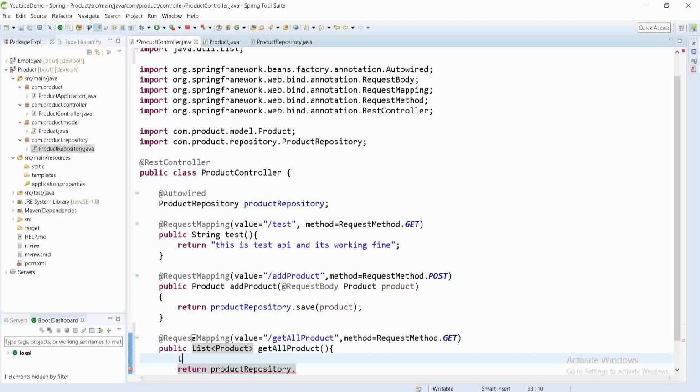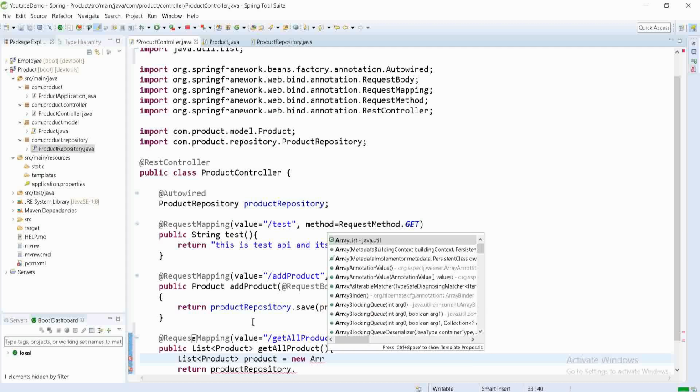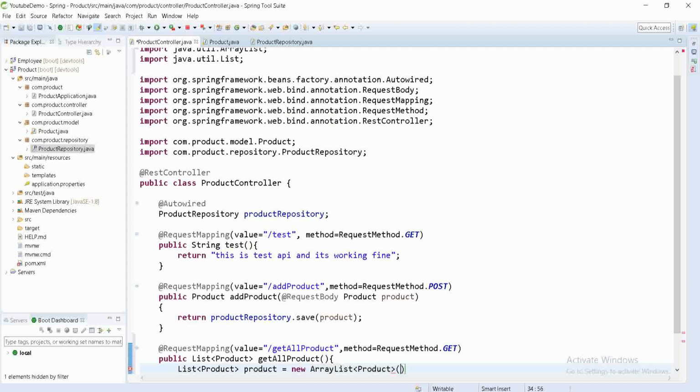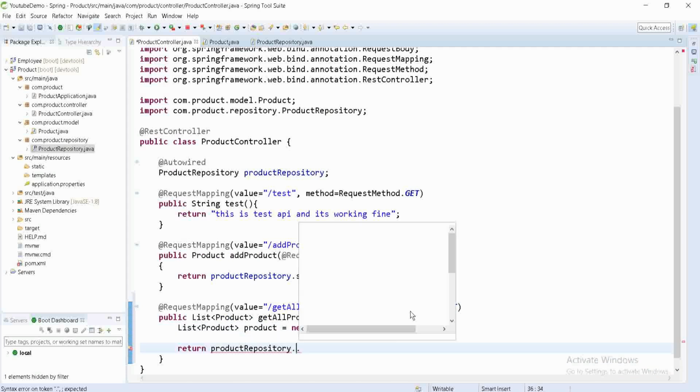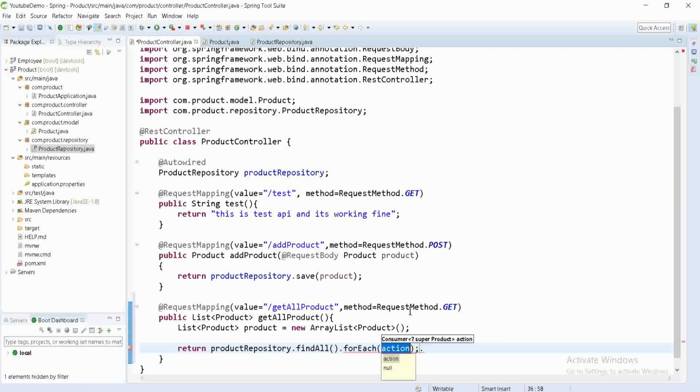So for that what we can do is we can create one more product list, and we will create one object of that, new ArrayList of kind product. Now this product repository dot find all dot for each, and in that we have to iterate each product. So product, and we have to add that product.